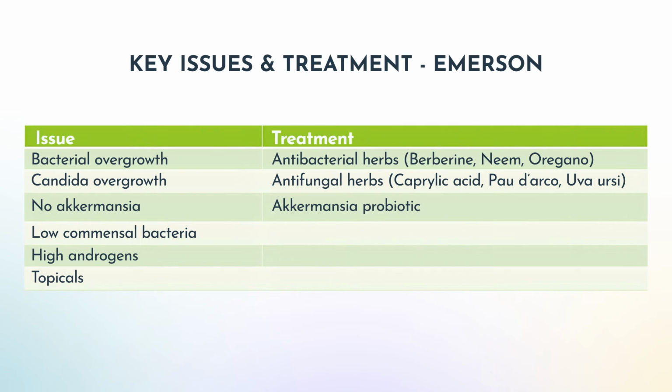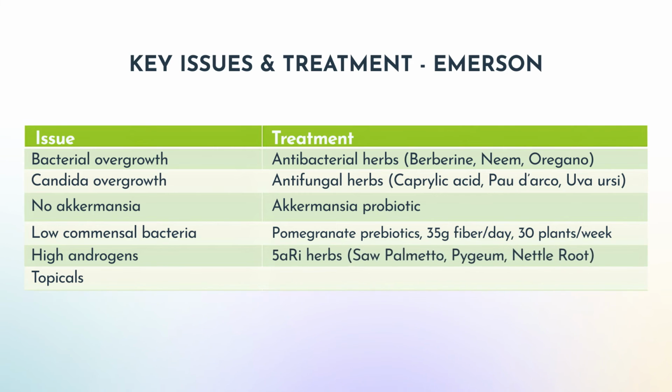For the no Akkermansia, Pendulum Probiotics makes an Akkermansia product, and they're the only ones with live Akkermansia. So when I see the results I see here, which is no Akkermansia or very low Akkermansia, I will give the Pendulum probiotic. For the low commensal bacteria, again, you can do pomegranate, or there are pomegranate blends of prebiotics, like Pure Encapsulations has a polyprebiotic powder that has pomegranate and cranberry and some other ones I really like. Working on 35 grams of fiber a day, working on 30 plants a week.